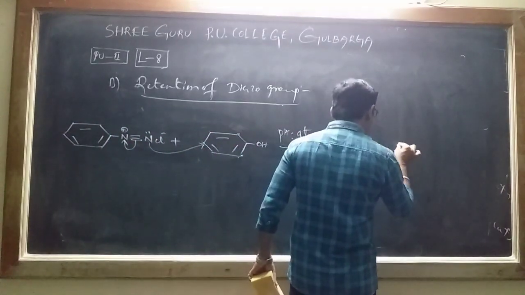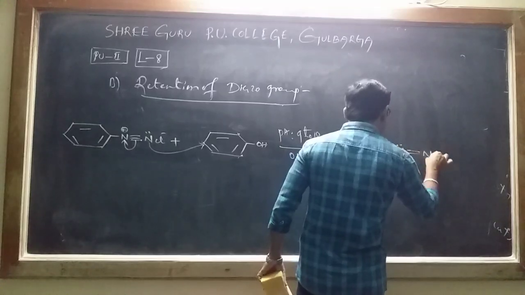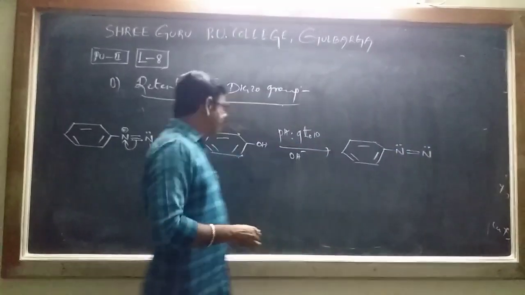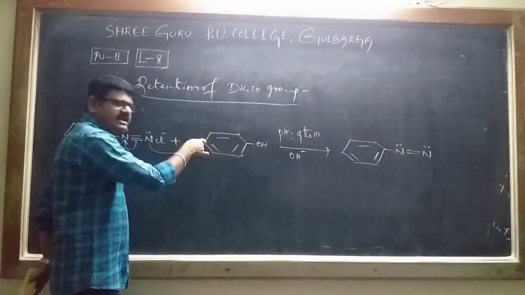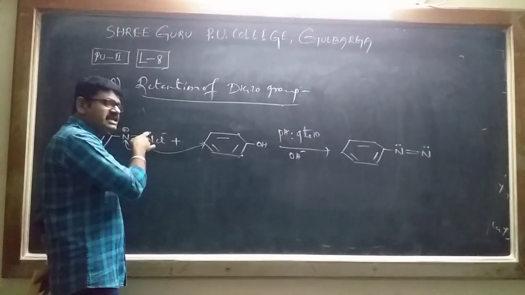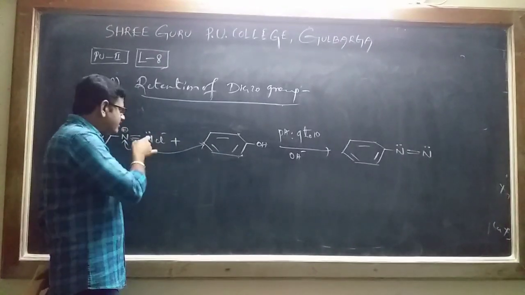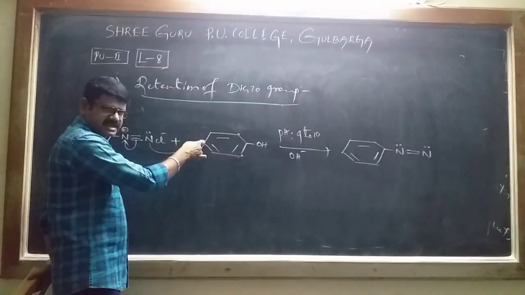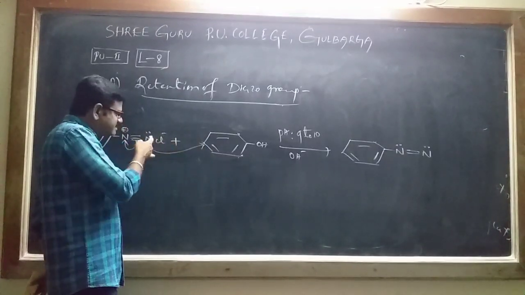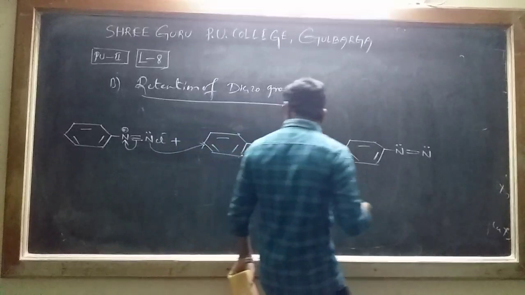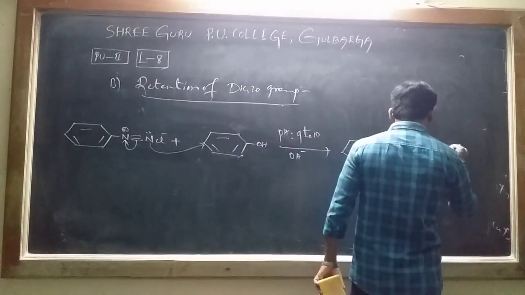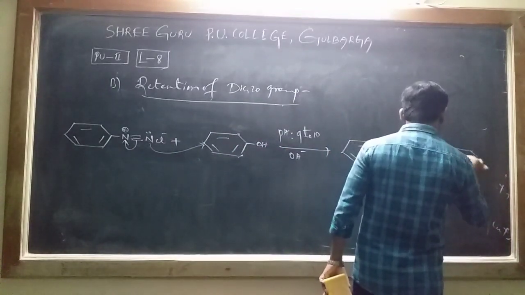Therefore, the nitrogen has a lone pair, a double bond, and this nitrogen also has a lone pair. Then this electrophile, after attacking here, has its plus charge nullified. Because there is a minus charge there, this minus and this plus are nullified. No more charges. Directly we write the benzene ring